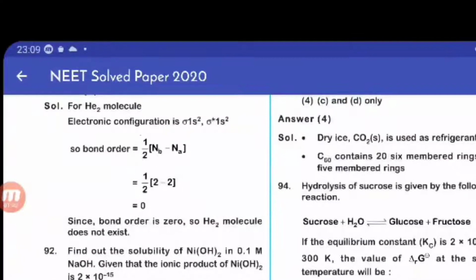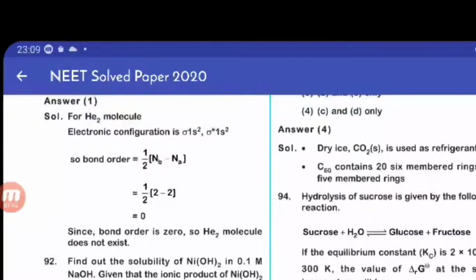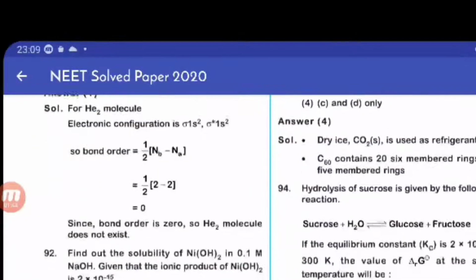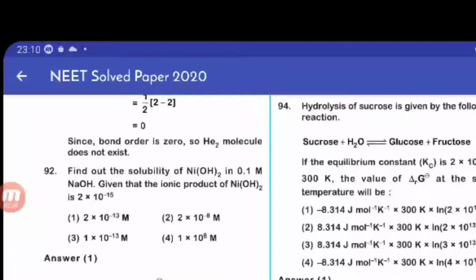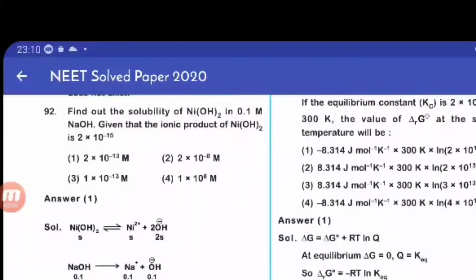Next, find out the solubility of nickel hydroxide in 0.1 molar NaOH, given the ionic product of Ni(OH)2. So ionic product means the product of the concentration of the ions. So how many ions will be there in the solution? One will be the nickel ion, and there will be 2 hydroxide ions,